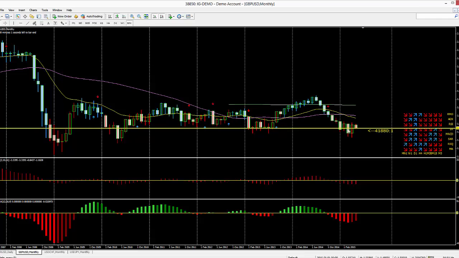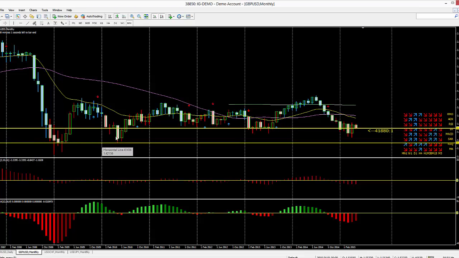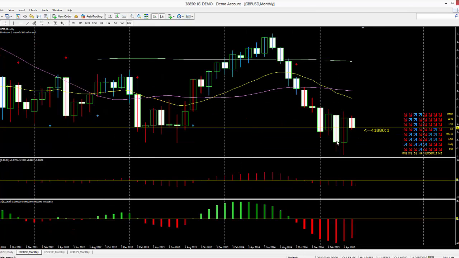You'll notice that we've seen consolidation in and around an area that was a major support and resistance level in 2013, in fact. So below those two levels, the major one would be down here, which is around about the 1.4236 and change level. But you can see after a nice bear continuation candle in March, we failed to see price taking those levels and moving further to the downside on that breakout. So we had a consolidation range for January, February, and then the March breakout. But we failed to see price really moving.